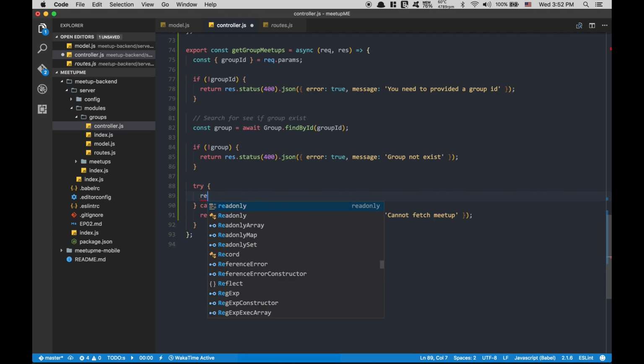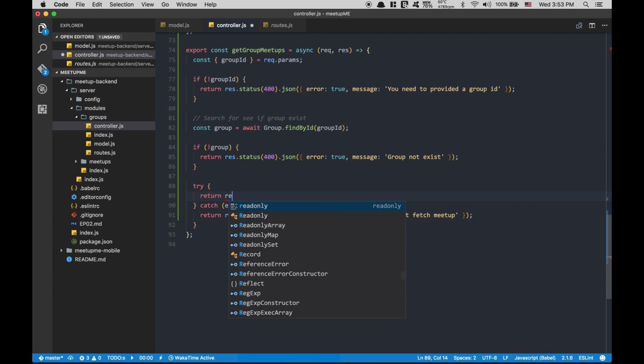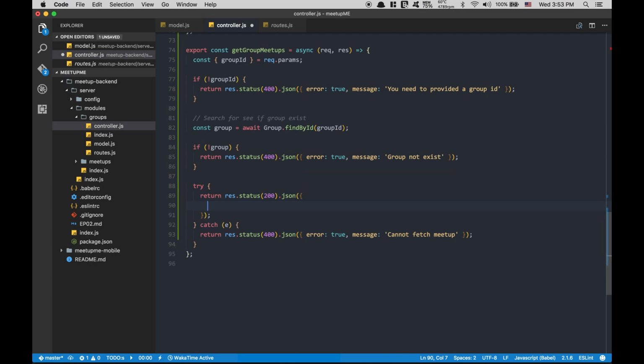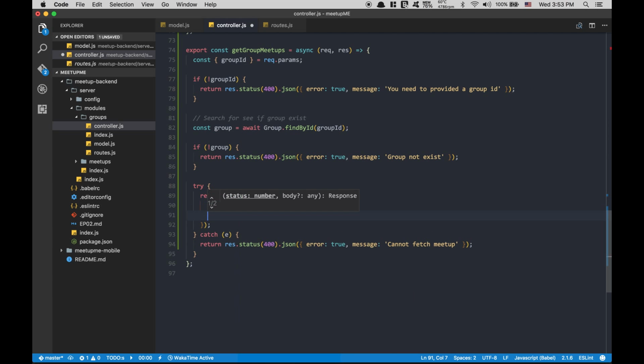Perfect. Here I'm gonna return res.status 200. So now if everything is working well, we want a JSON object. So I'm gonna make this kind of indentation because that's gonna be easier for you to see. I'm gonna say error of false, and now I'm gonna return my meetups,